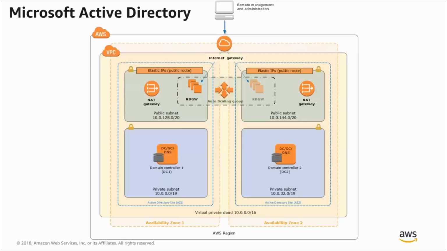Now here's an example of that, which is an Active Directory Quick Start. You can see immediately that we have the AWS box, and within that we have a VPC, and within that we have 2 availability zones. So you can see everything that's in one availability zone, we have a counterpart in the second availability zone. And so this gives us a highly available architecture. You can see that there's 2 domain controllers, 2 NAT gateways, and 2 remote desktop gateways. Other things to call out on this,